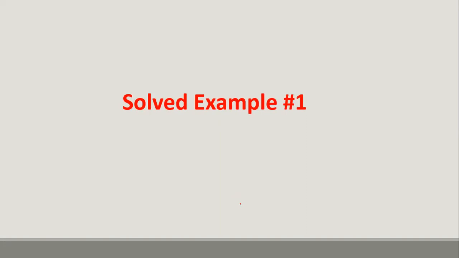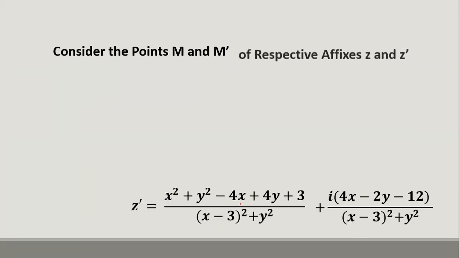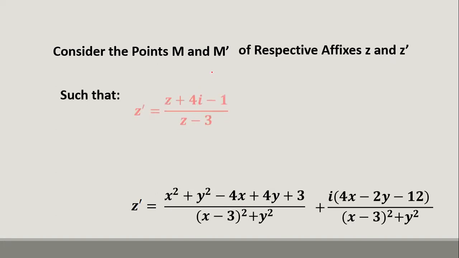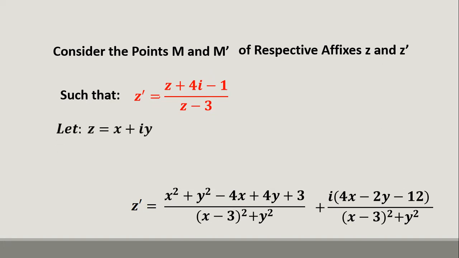Let's check example number 1. Consider the points M and M prime. The affix of the point M is Z and the affix of the point M prime is Z prime. And it gives me a relation between Z prime and Z. We have to prove that Z prime is represented in the following form. Solution. This is the relation that gave me between Z and Z prime. I want to reach the answer for Z prime, and it gave me that Z